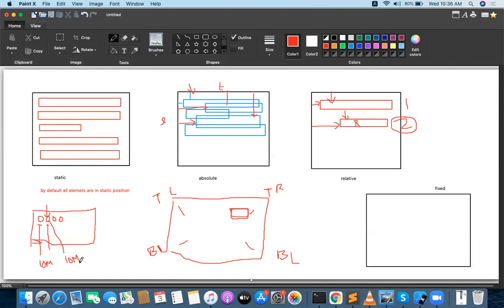Static position is by default. Static means one after another it is going to be applied. So first row one guy is sitting, second row one guy is sitting, third row one guy, fourth row one guy, fifth row one guy. That is actually called static position. Normally guys are going to be sitting row by row. In absolute position, people are actually overlapping.